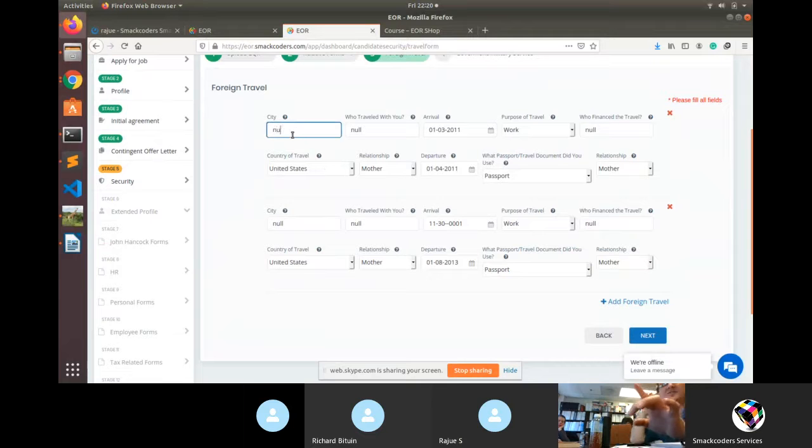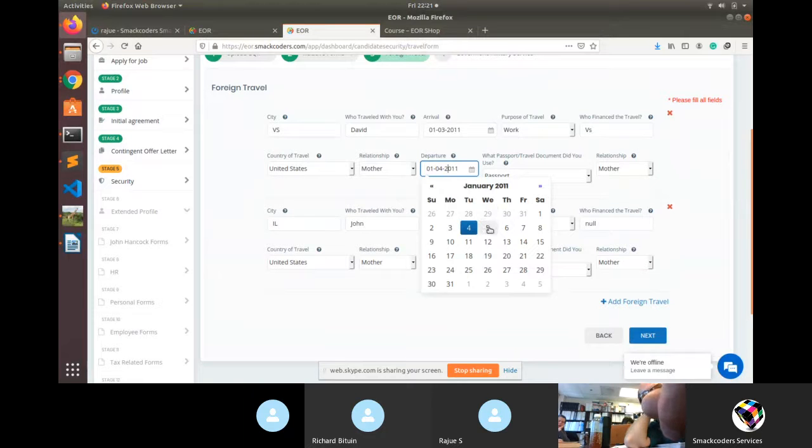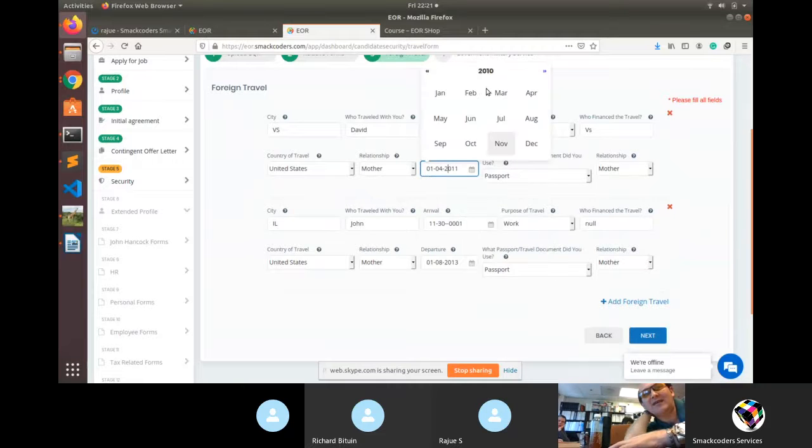Now here, foreign travel. This is the one that's important for us with the time frame. Notice right here that you have a departure and arrival time, and then right here you have a city, and then it shows an arrival time. Notice there's a gap there. You have January 3rd to January 4th, and then you have this one, which is 11/30/01 to 2 years later. What I'm saying is there's a gap between the dates. It's actually 10 years between the two different visits.